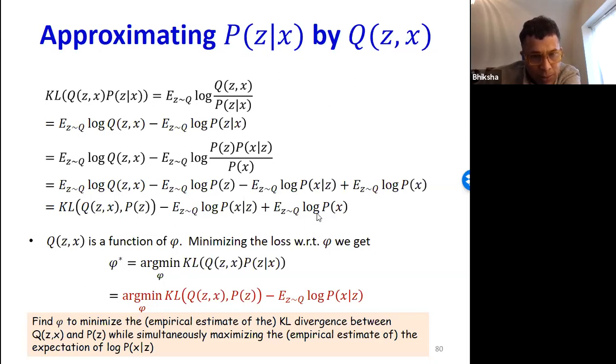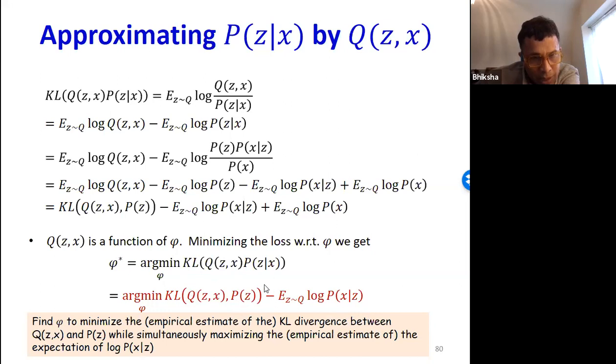This last P goes away because it's not a function of phi. So you end up saying that you want to minimize the Kullback-Leibler divergence between Q and P of Z, and minus the expectation of the log likelihood of X given Z.